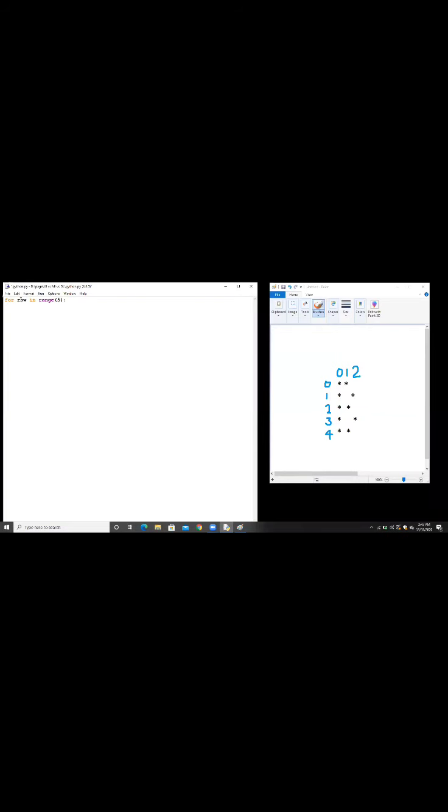Now we create a loop for the columns: for column in range 3, because we have 3 columns, 0, 1 and 2. Now you can see here on the first column, the 0th column, if column is equal to 0, then we will print stars,